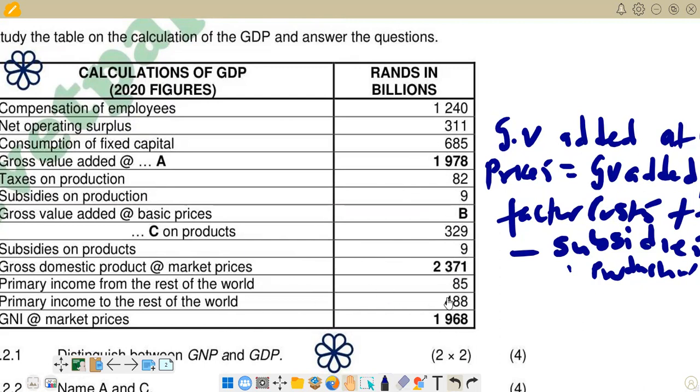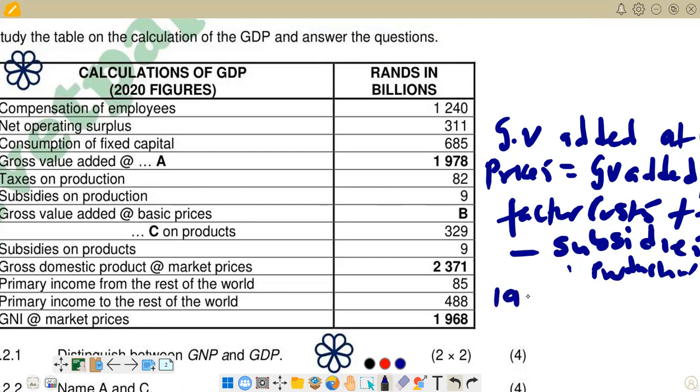Right, the subsidies, let's try to check the subsidies there. The subsidies we have here is 9 billion. So this is the one that we are going to subtract. So if we summarize this calculation, it becomes we start with the